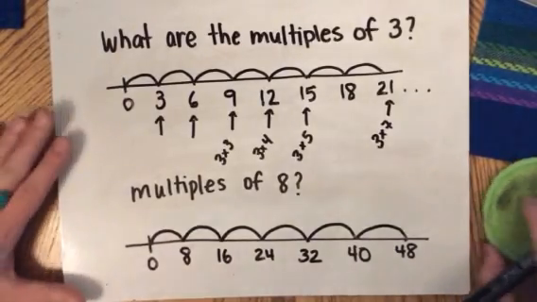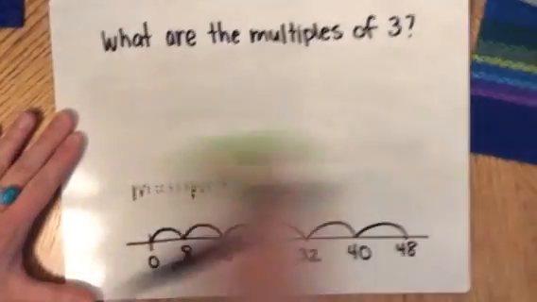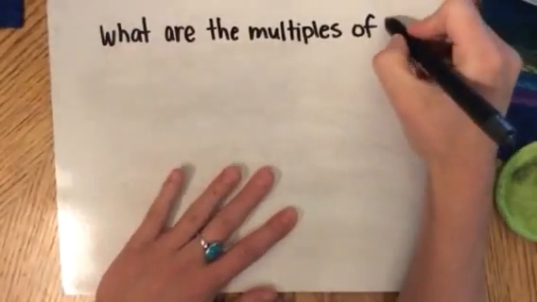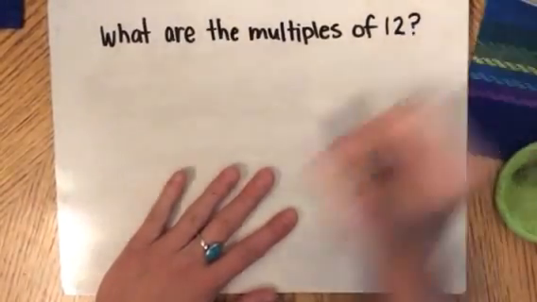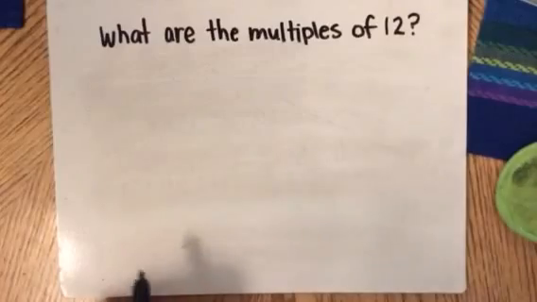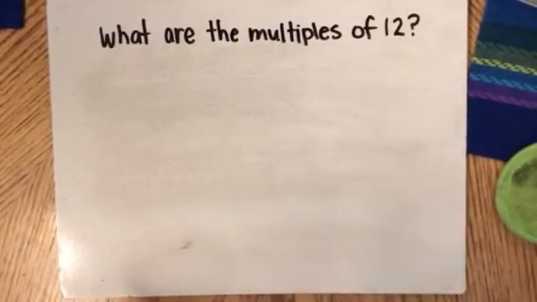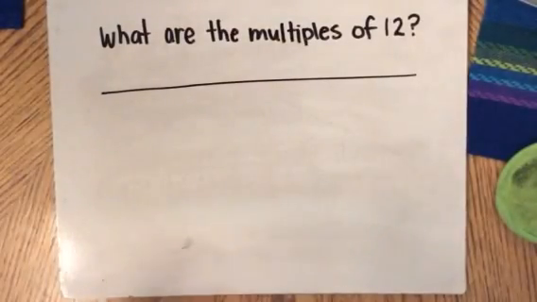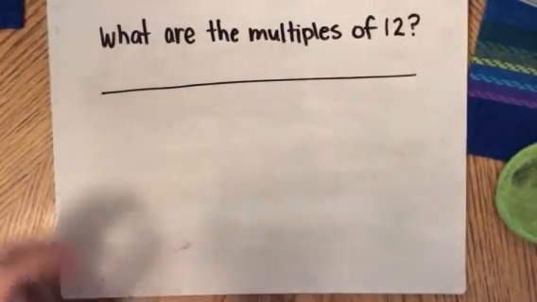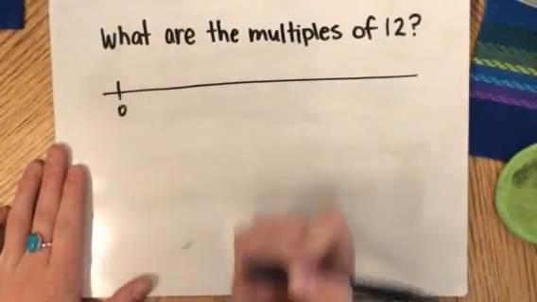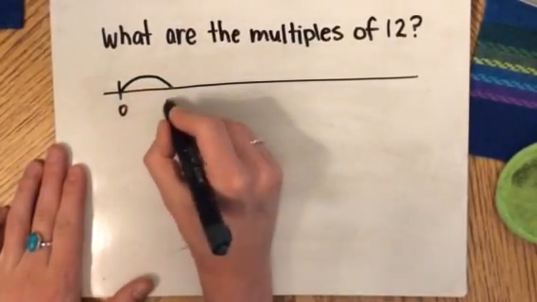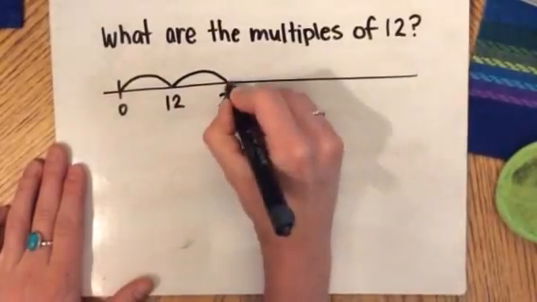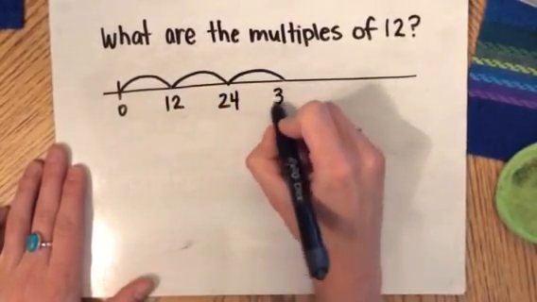Okay, let's try one more. So I'm going to clear this part. And I would like you to now find on your whiteboard, what are the multiples of 12? Think of what strategy you could use to find the multiples of 12. Again, you can pause the video if you need more time, but let's check our work. Starting at 0, if we skip count 12 and 12, we're finding the multiples. 12, 24, add 12 more, 36,